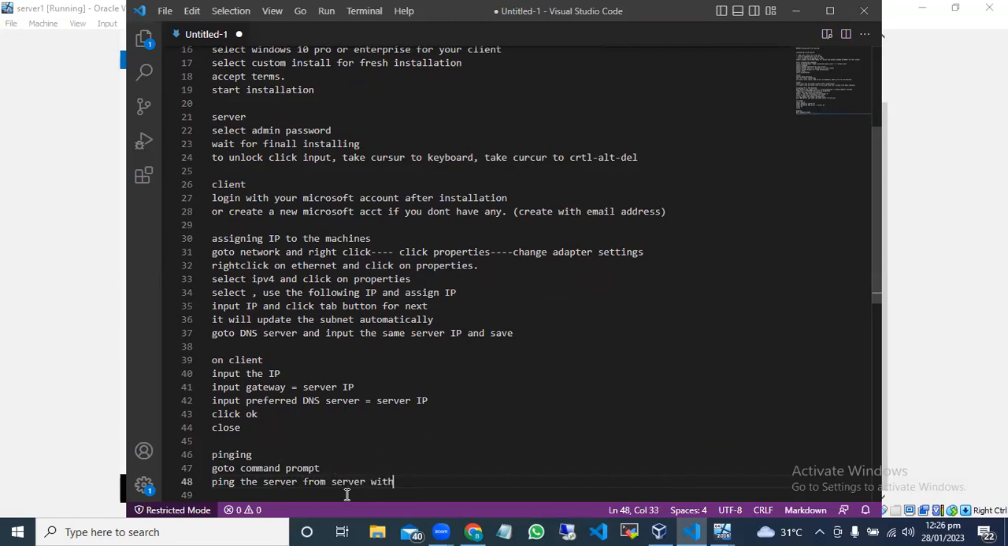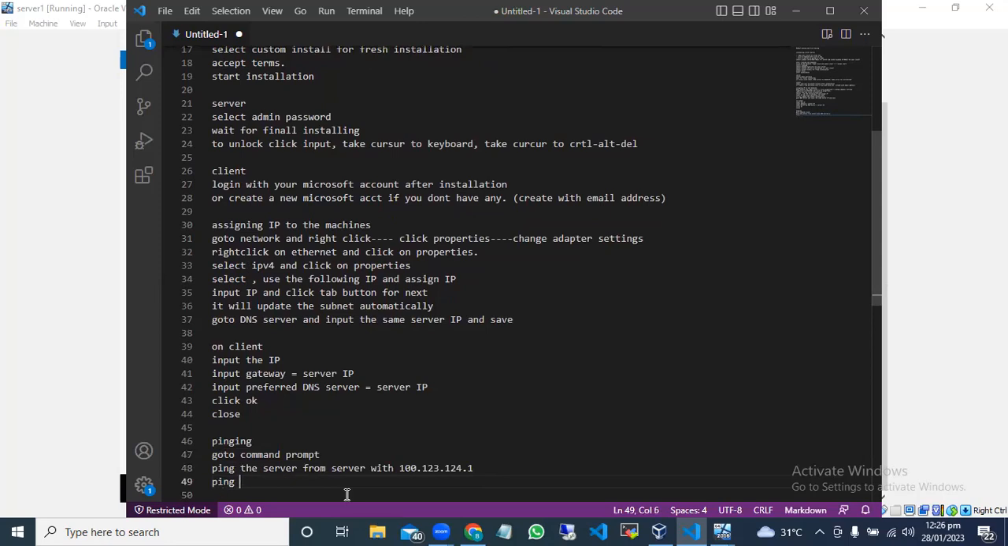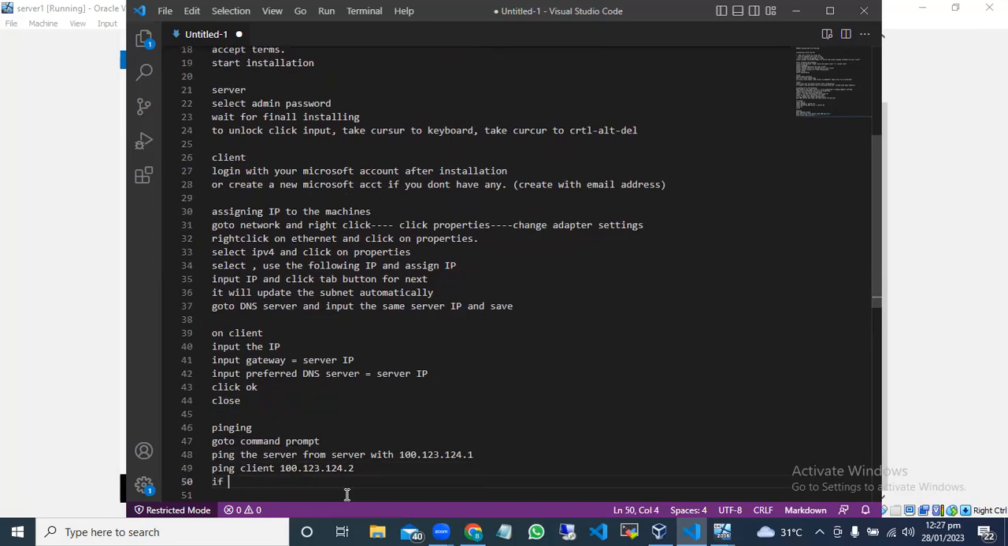from the server with 100. I'm just using this IP address as an example. It doesn't mean you should use 100.124. You can assign anything you want. So the servers will be able to ping each other. Understand? Then ping the client with 100.123.124.2, which is the IP address you assign to your client. If ping is unreachable,